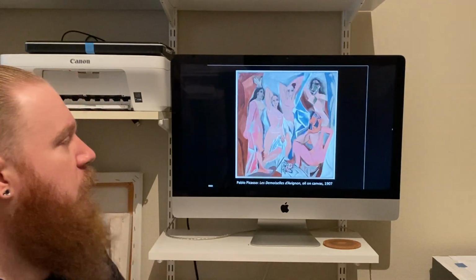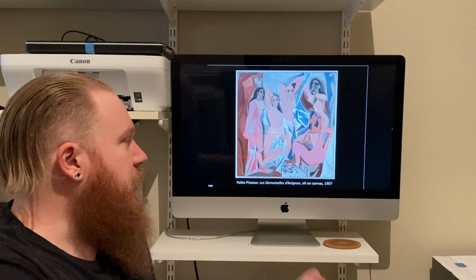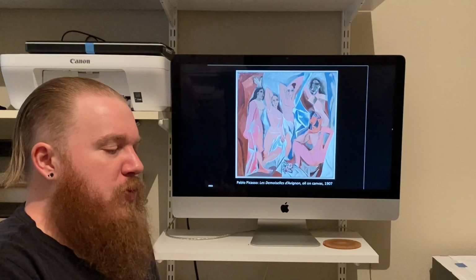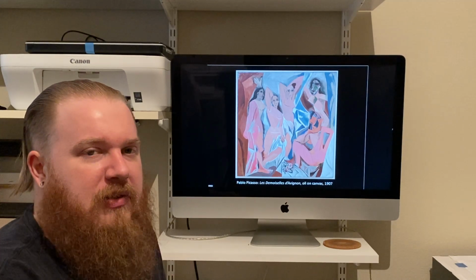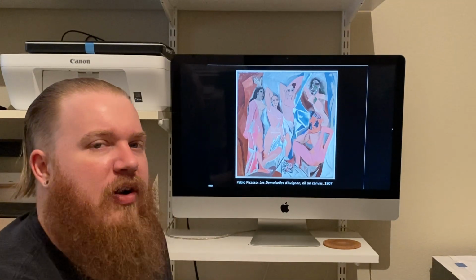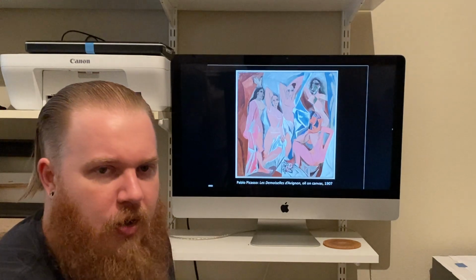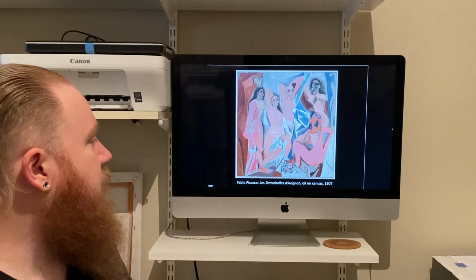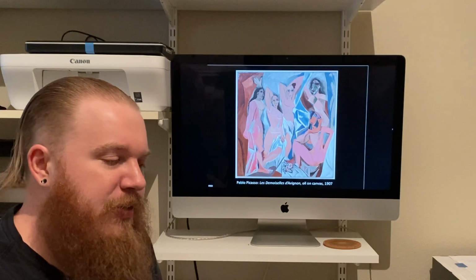But here we can see what's widely believed to be Pablo Picasso's very first Cubist work. And it's important to note that Pablo Picasso went through the academic system in his youth in the late 19th century. He could draw very realistically if he wanted to. He just chose not to, and he chose to embrace these more avant-garde movements as opposed to this very stale academic artwork that he had been brought up with. But here we can see this is Les Demoiselles d'Avignon, or the Damsels of Avignon.